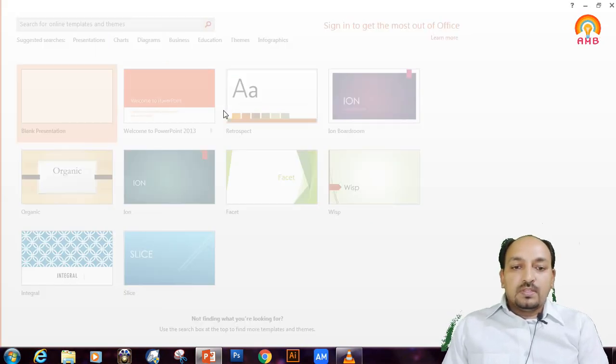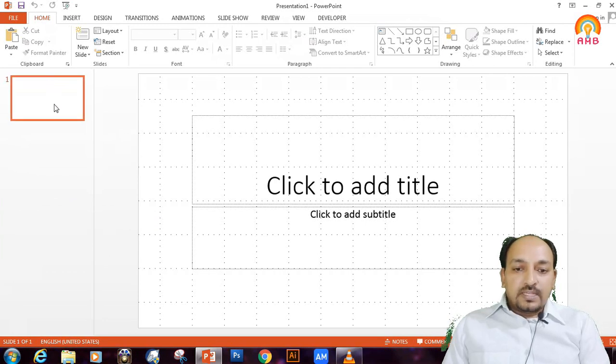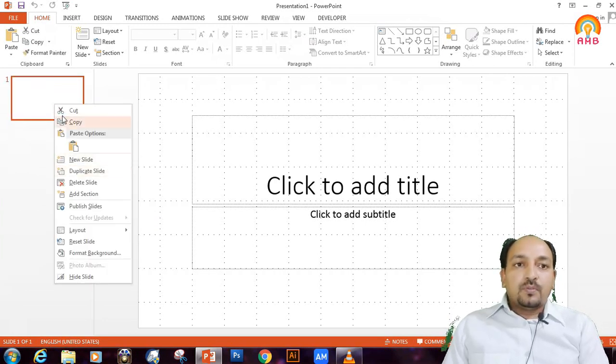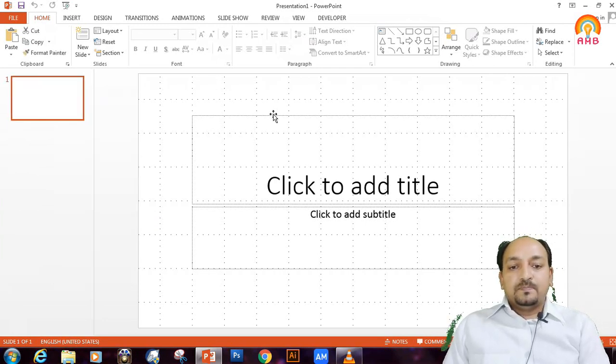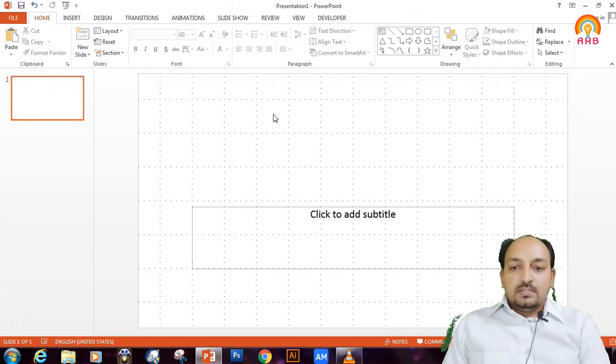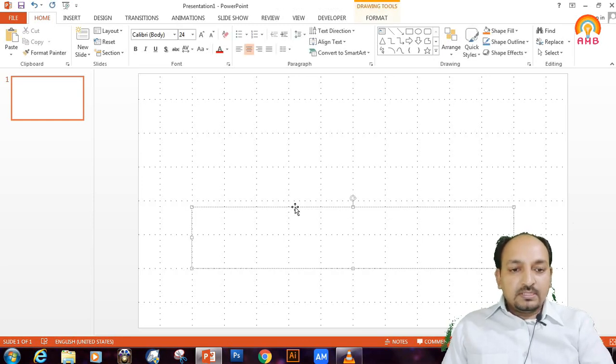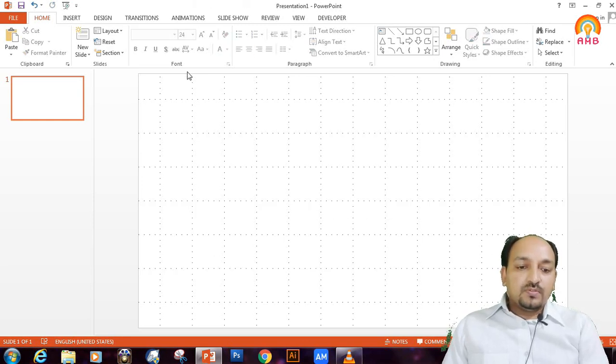I am taking a blank presentation for preparing our presentation. Here I am removing this text box because we are dealing with the shapes and not with the text box.